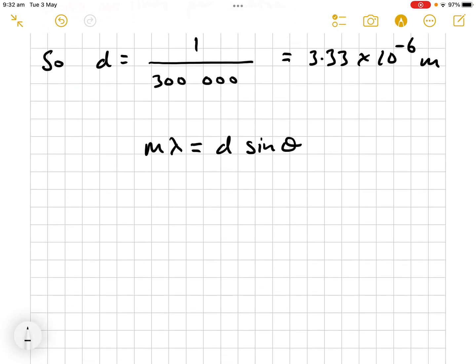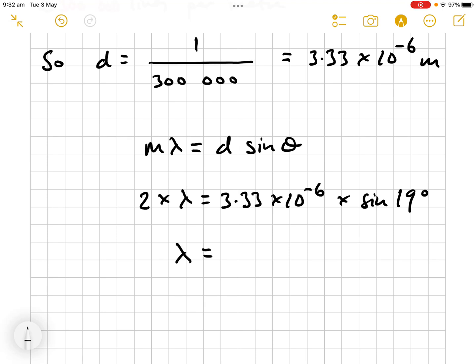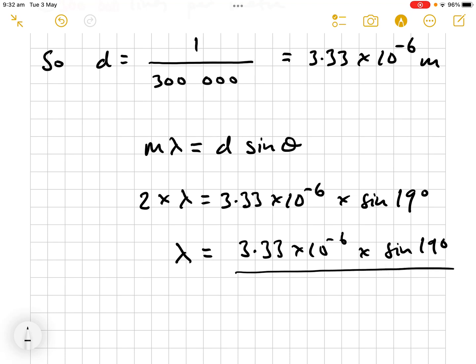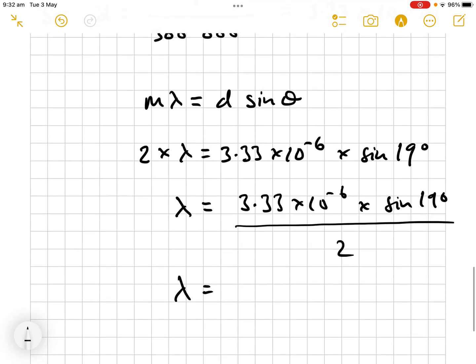So we know it's the second order, so m is 2, lambda is unknown. We've just worked out d, 3.33 times 10 to the minus 6. The deviation angle is 19 degrees, so it's the sine of 19. And when you rearrange that, you'll get lambda is 3.33 times 10 to the minus 6 times the sine of 19 divided by 2. Don't do any rounding until the final line of reasoning, and you'll get that the wavelength